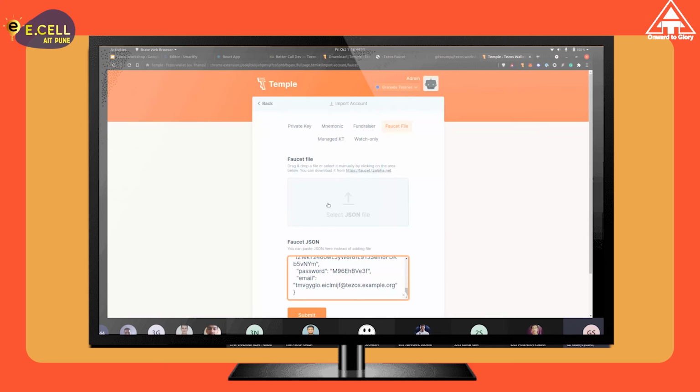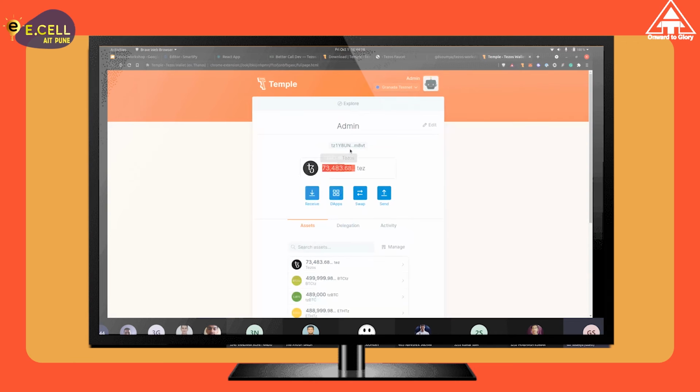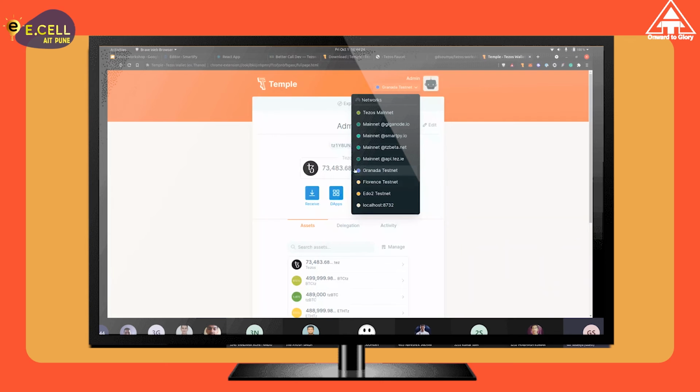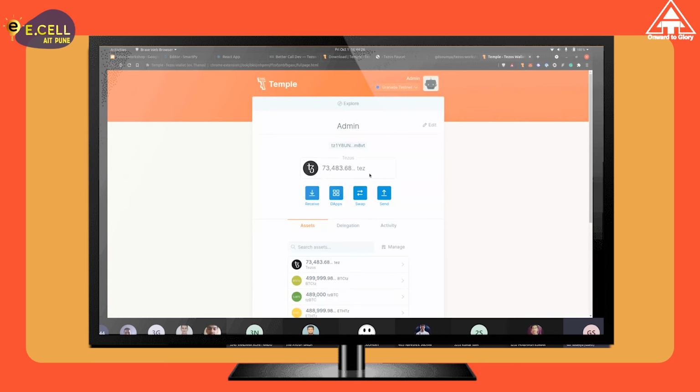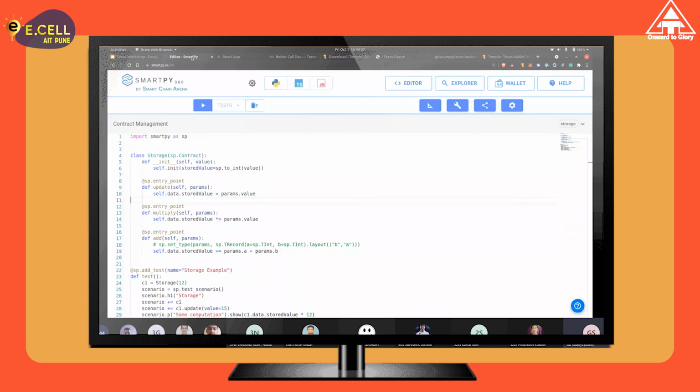Once you have the account, you will have something like this, like I have here, and you'll see the testnet tokens. We are working on GranadaNet right now, and this is a testnet of the mainnet. We also have the mainnet here, but we are using this GranadaNet. And you have the test tokens here. These are of no actual value. These are just dummy tokens that you can use to play around with your smart contract and deploy contracts and stuff. Cool. So once you have the wallet set up properly, you can start working on the contract itself.